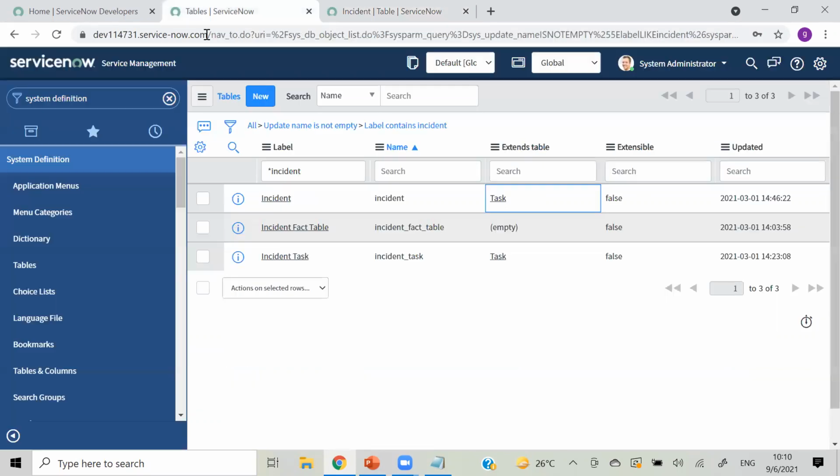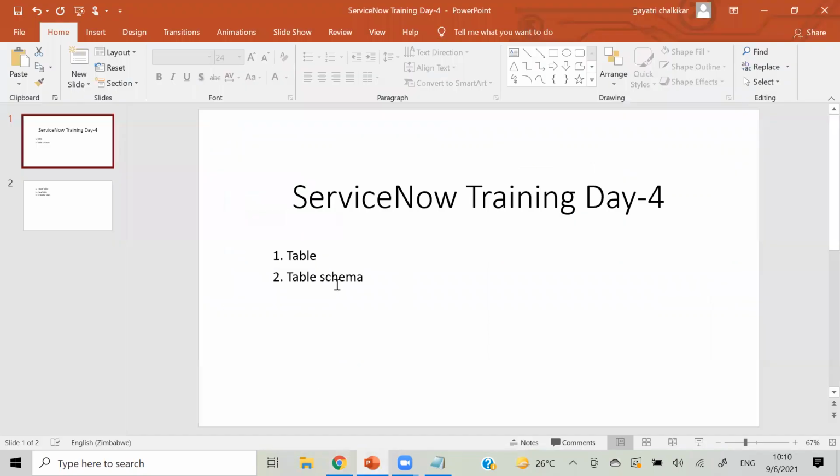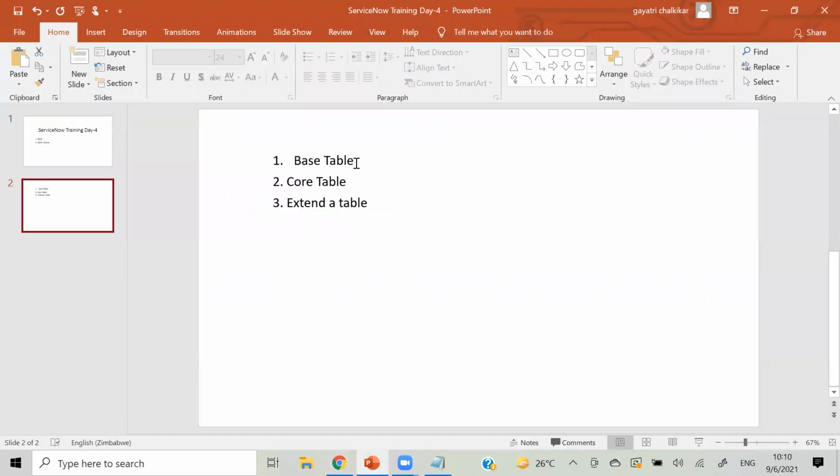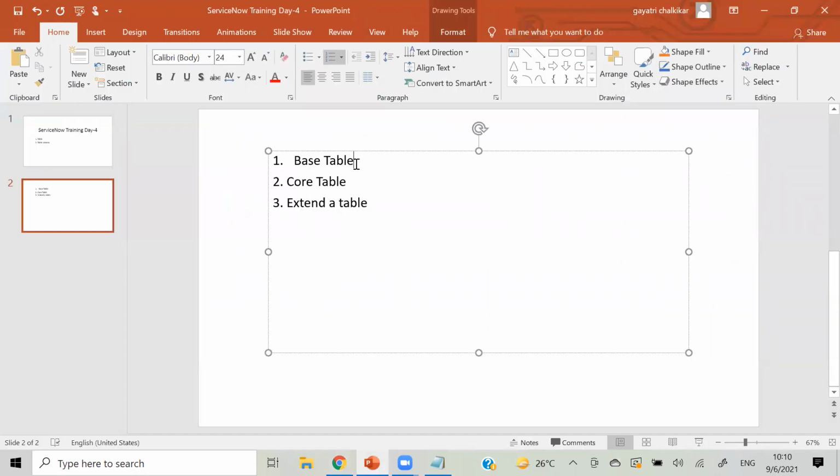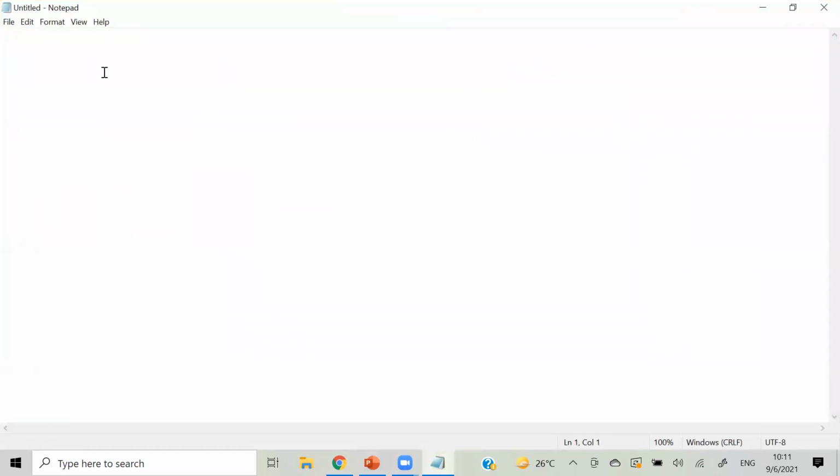Before that, let me cover one thing: we have a concept called the base table. So what is a base table? We have a parent table in all applications, whether Java or .NET. In ServiceNow, we have two base tables.